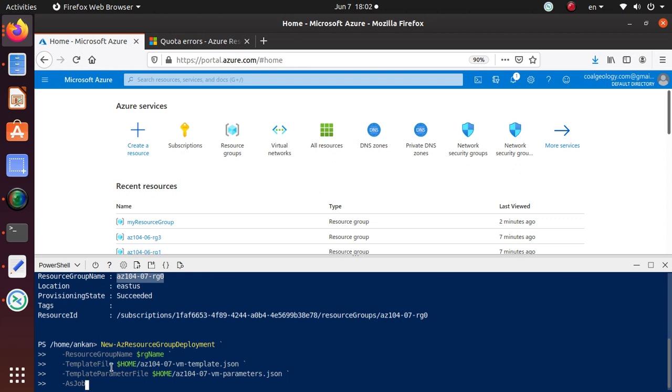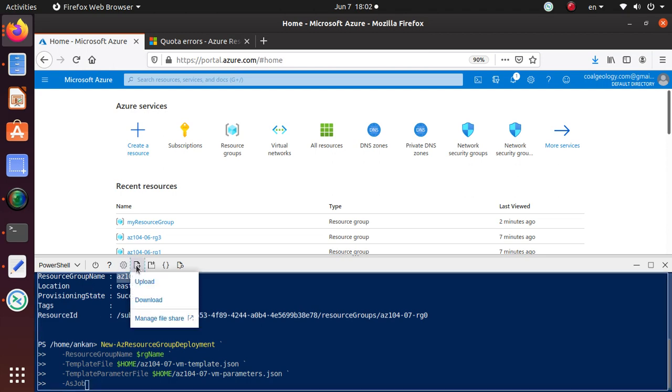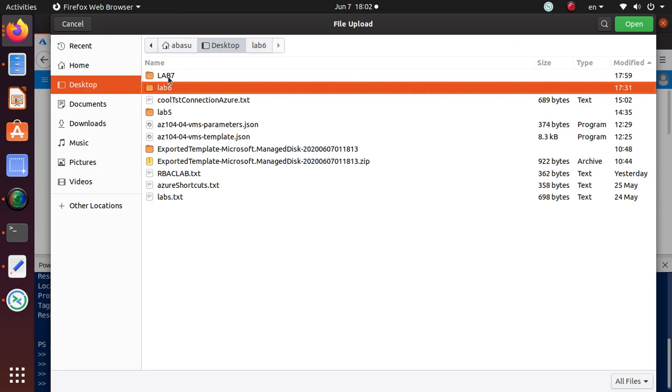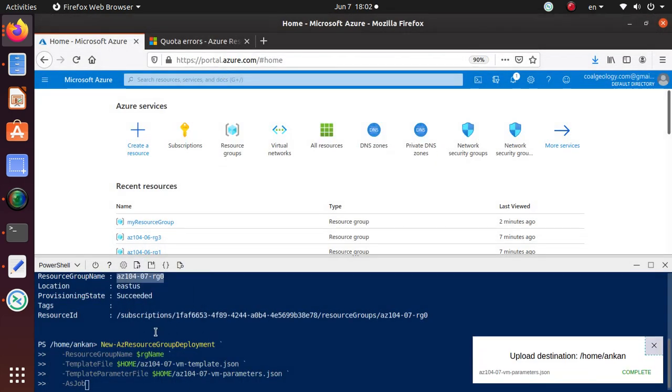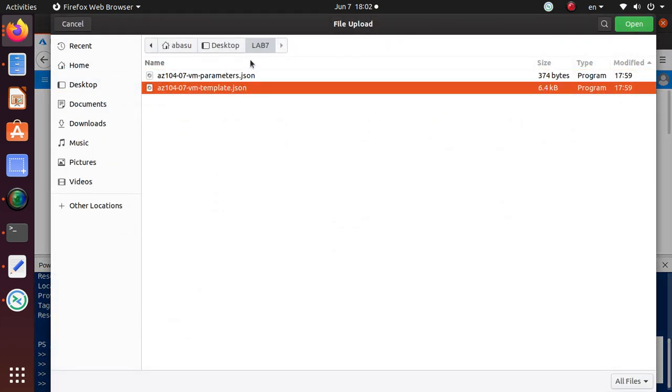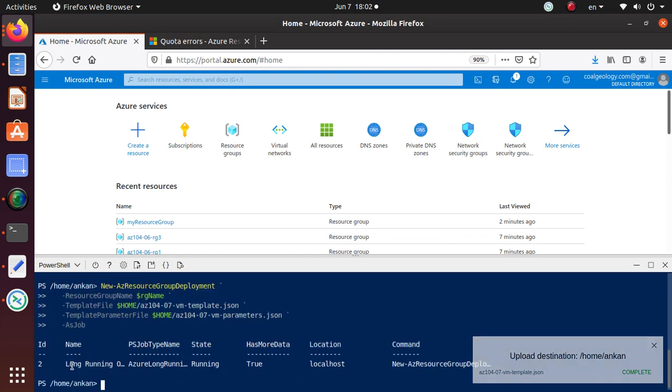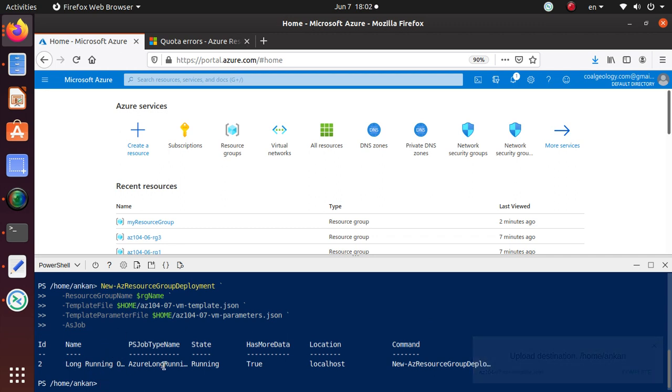You're saying use this template file, and now, did we upload those two files? I don't recall if we have uploaded or not, so just go ahead and make sure that I have both of them available. So I've just uploaded this one, and I have uploaded the other one as well. Now if I run this, it should run, and it's saying it's running in the background, because it's running as a job. Once this job is done, it's going to give me what I need.